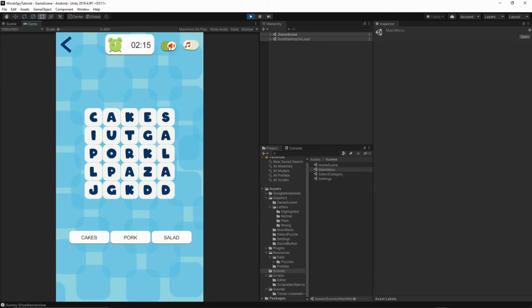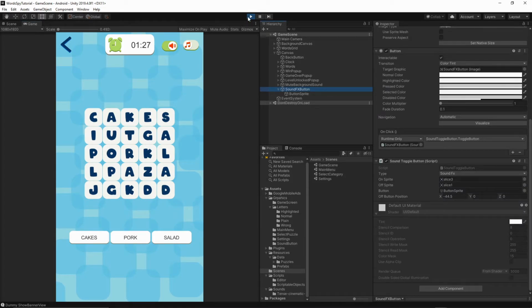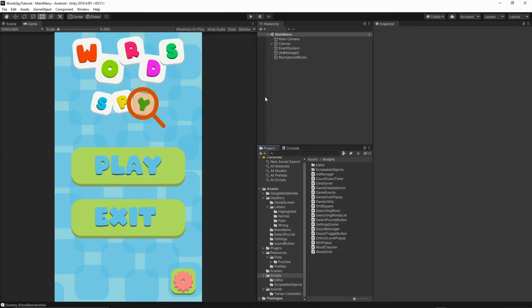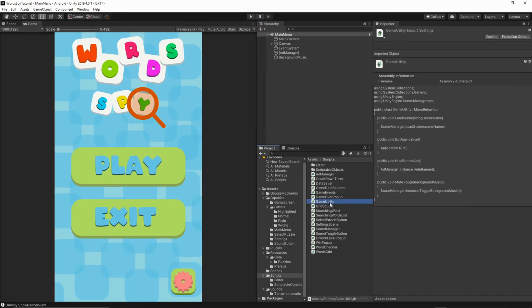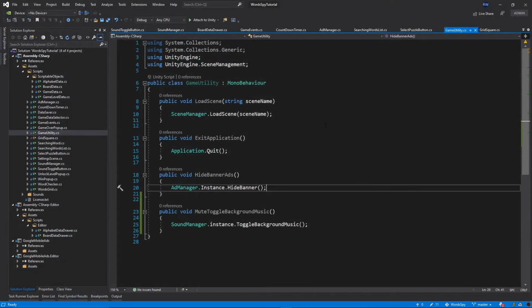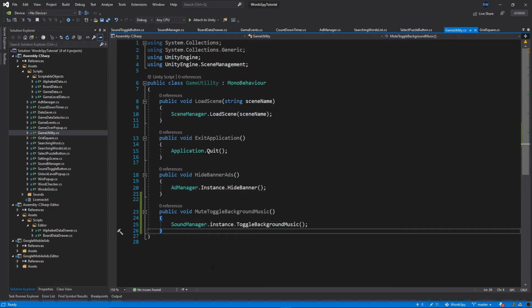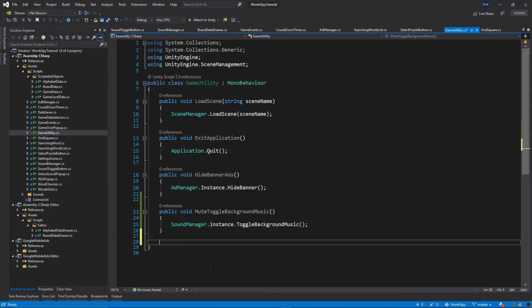Okay, so as you see, there is another problem. We cannot switch on and off this button. Okay, so let's stop the project. This is a problem because we have forgotten to add one more function. So let's quickly open our game utility class, and then inside our game utility we need to add one more public method. So right at the bottom I will put public void